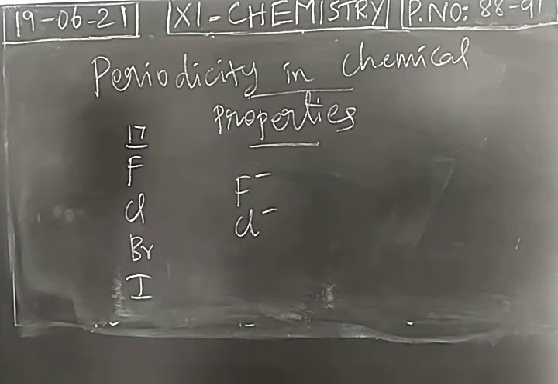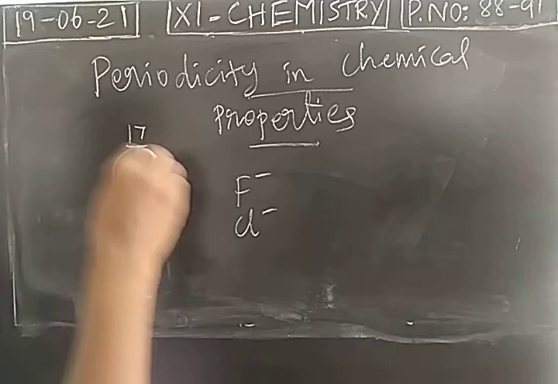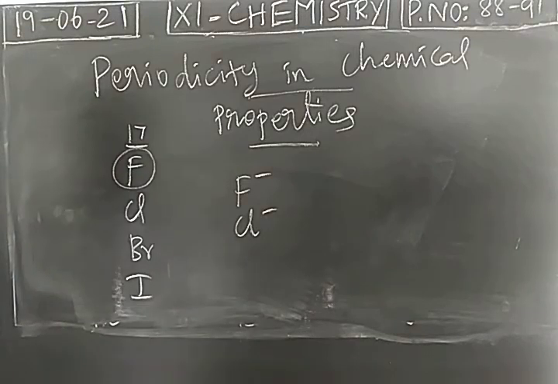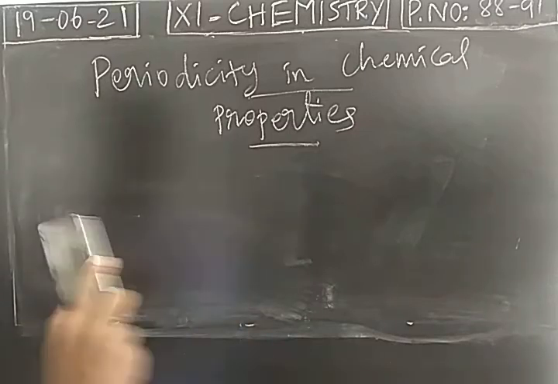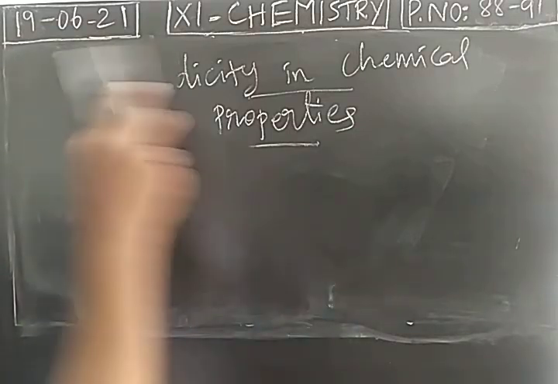And we know that the electronegativity value will be more for fluorine. According to the Pauling scale, its value is 4. So when you consider elements present in the extreme right side, they are highly reactive in nature, especially fluorine. The element present in the extreme right top of the group in the modern periodic table will be highly reactive. So this is about the reactivity of elements in the modern periodic table.